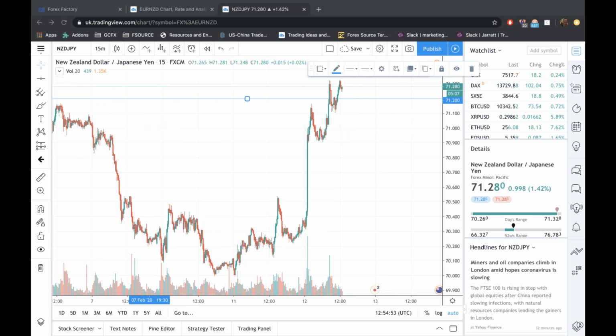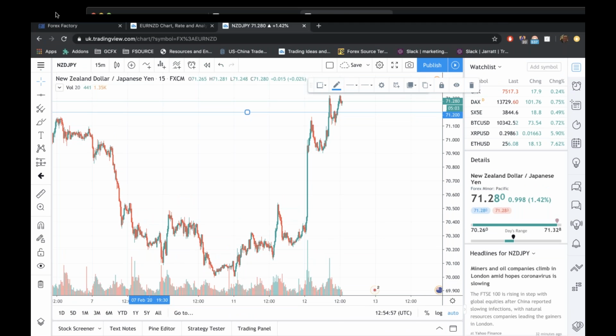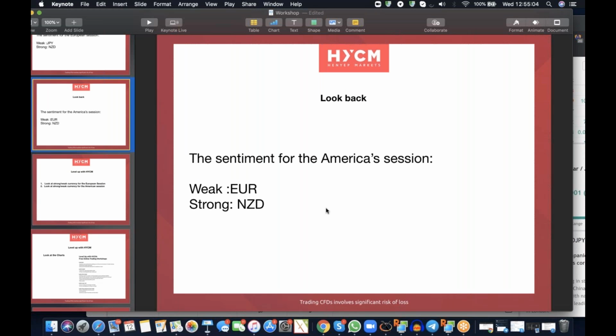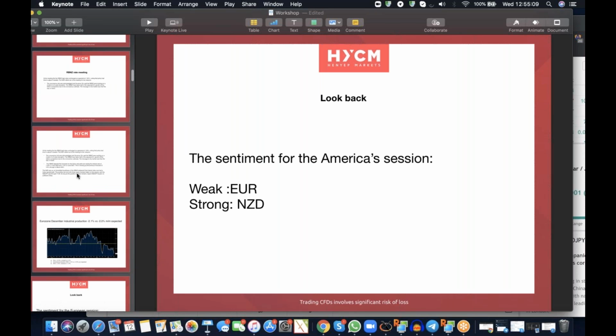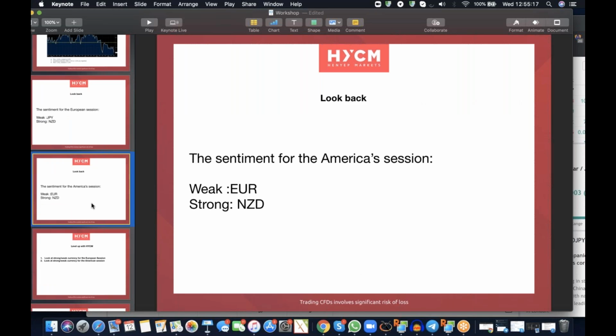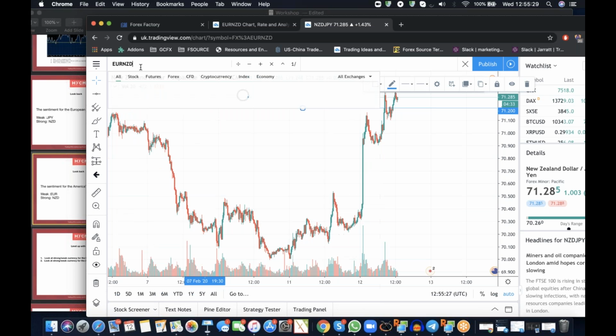Now, the other pair to look at, if you remember, for the US session is the Euro New Zealand dollar. Remember, we've seen some more weakness for the euro, haven't we? The industrial production was down, it was revisions down, it's playing into that concern. And remember, the market's always looking for the freshest sentiment. It needs to be new, it needs to be updated, as fresh as possible. So then looking for this next session,